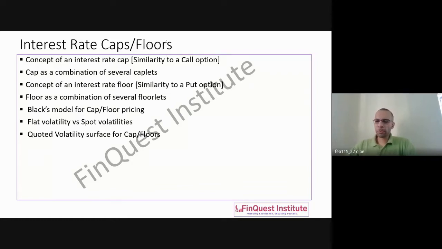These are popular products which, as I mentioned the last time, you'll find on banks' domestic books as well as on GIFT City, especially for banks in India. So when you say an interest rate cap, you can say it is very similar to a call option. Now, why do I say it's similar to a call option? Because firstly, the nomenclature is different. For equity, FX, commodities, etc., we call it a call option, whereas for interest rate, we generally call it